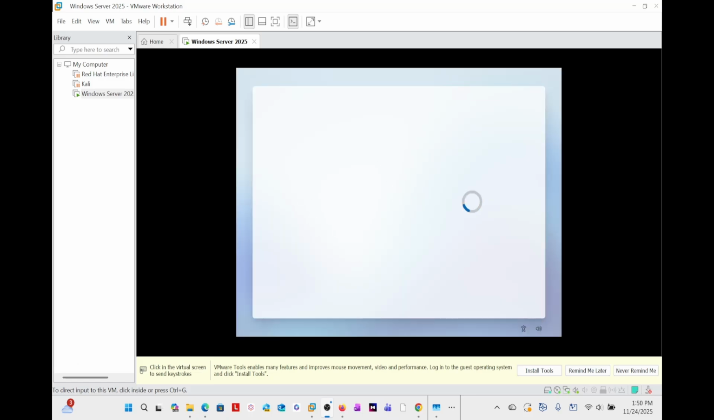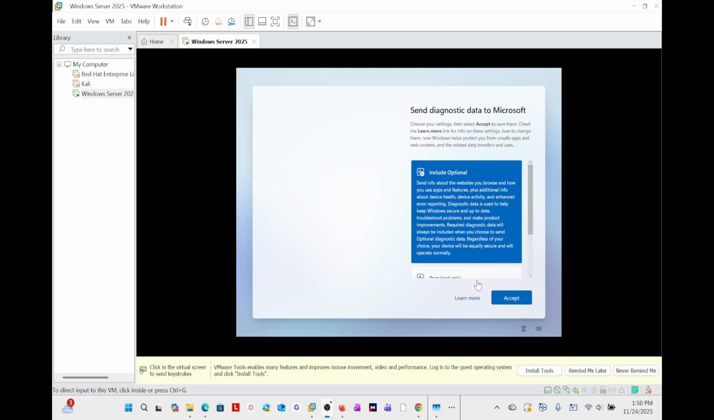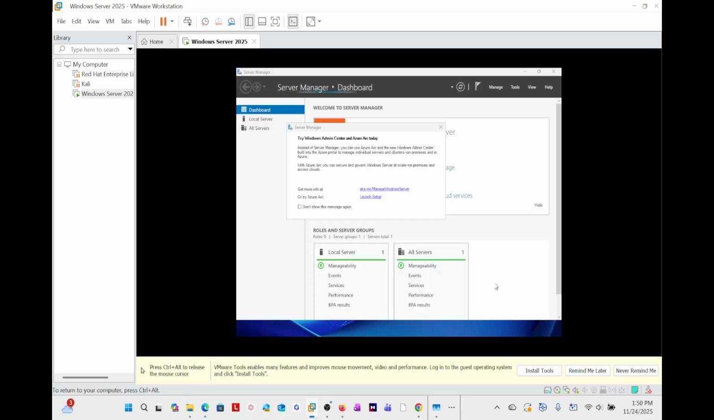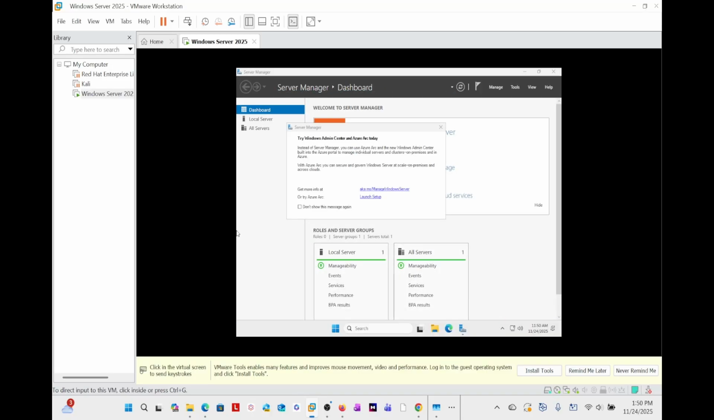Yeah, so Windows environment. So that sends diagnostics data to Microsoft. So we're going to go in, accept. Yes, so as we can see,